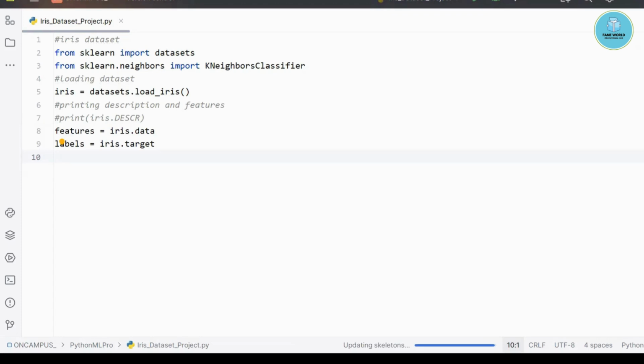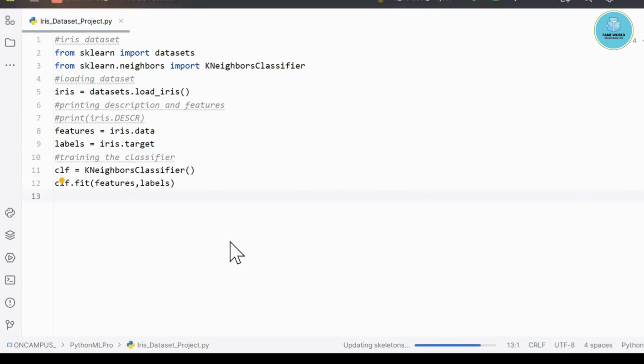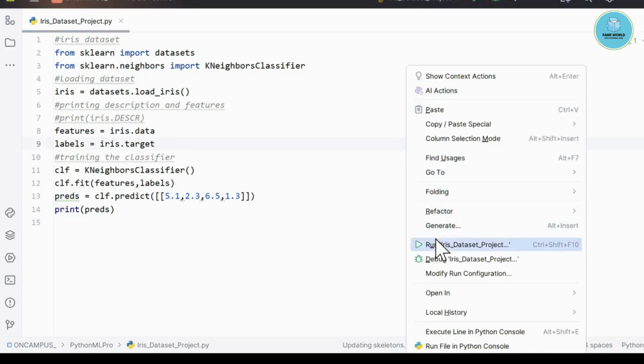Now here you can see that we have just separated this into variables. If you want to train the model, the fit function is there, and we are using the k-neighbors classifier. With the help of the k-neighbors classifier we are able to train this model. I have taken clf as the variable for the classifier, and we are using the fit function on line number 12 right now. With the help of that we are training the model. After that, to predict, you just have to use the predict function. The predict function predicts what the output is. It is predefined in sklearn.